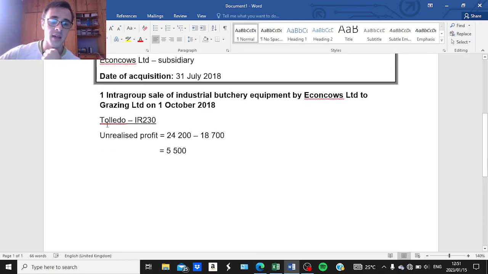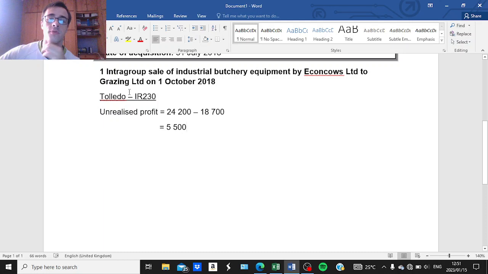So for the first kind of equipment, there was an unrealized profit of 5,500. Then we need to calculate the unrealized depreciation from the date of sale to the end of the current financial year. And because we are using the straight line method, we can immediately calculate the unrealized depreciation for the